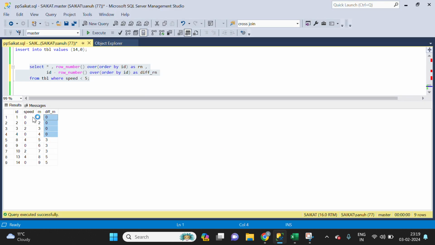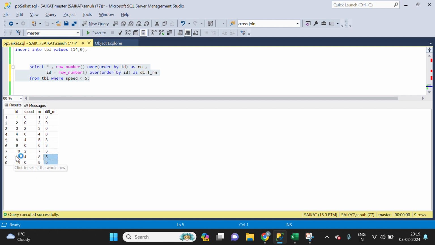What I'm trying to do here is create a group number. These 4 will fall under the same group, let's think of this as the 0th group. Or these 3, 8, 9, 10, fall under the same group. When I create the same group, it will be easier to rank them. So now for 13 and 14,